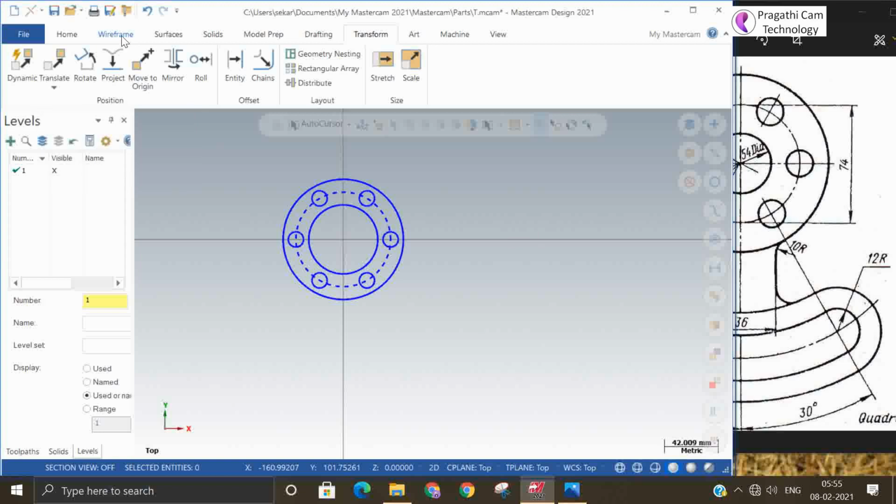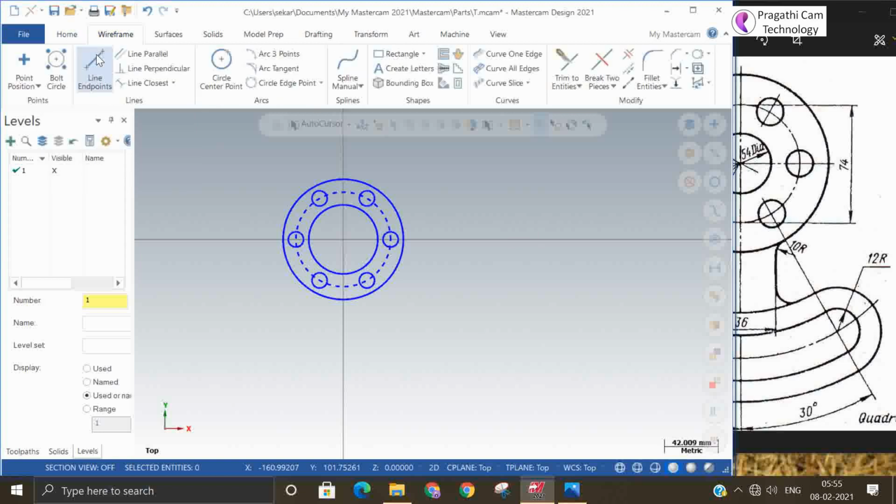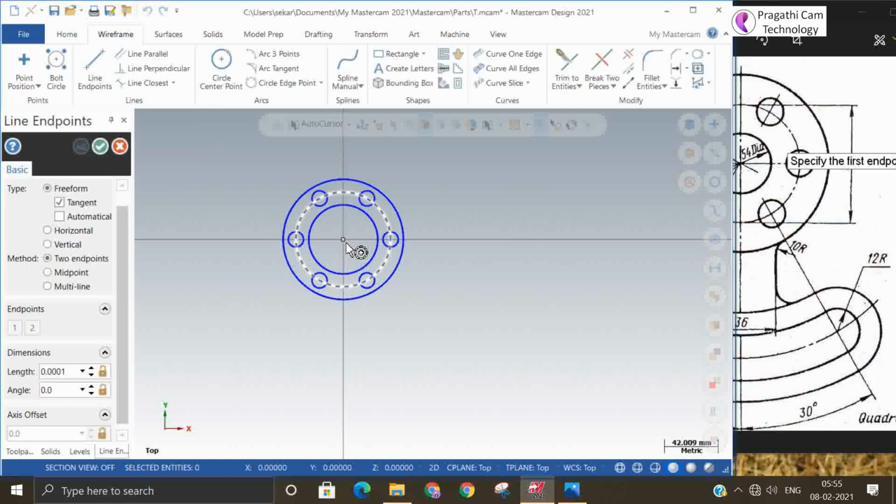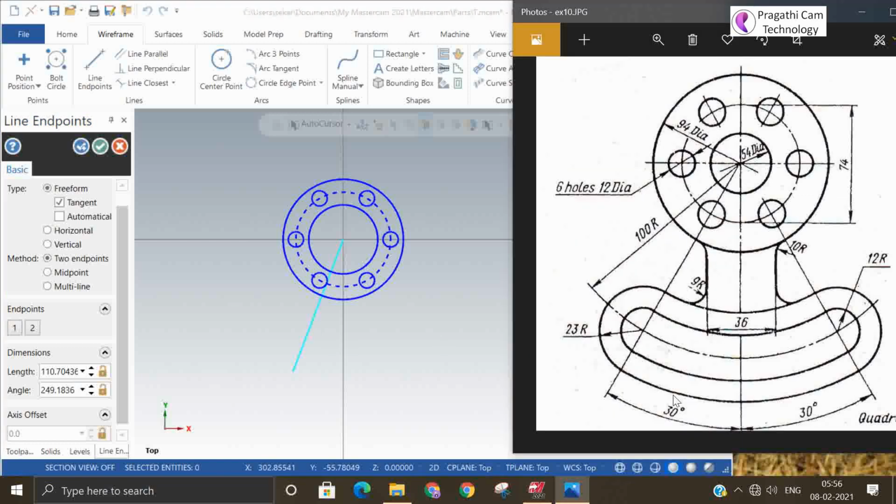Now I need to draw one line from the center. Angle is 30 degrees. This 90, 180, 270. Sorry, 270 minus 30.